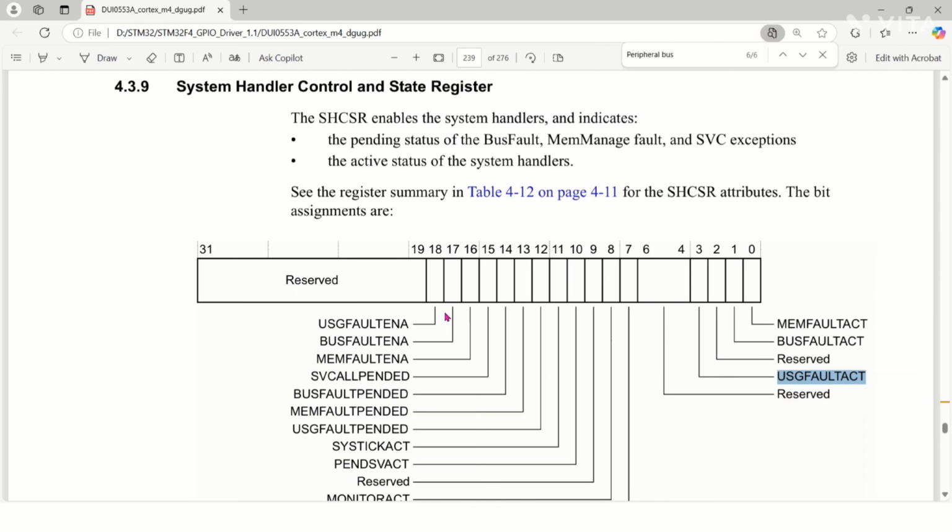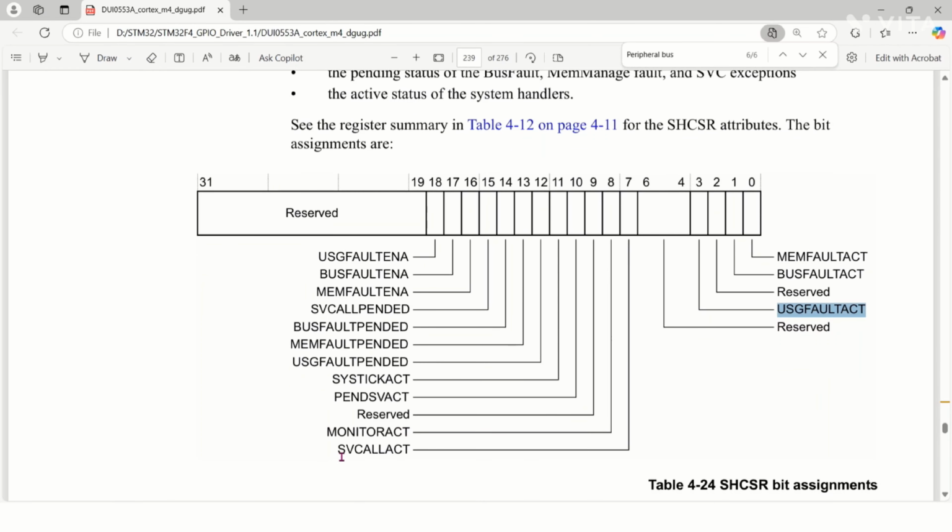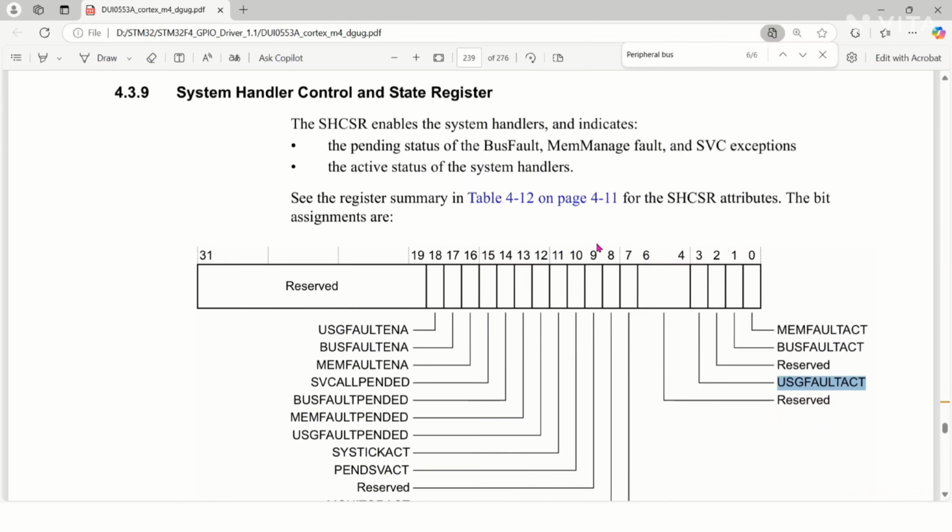And here 19 bits are used, and the remaining bits are reserved in the system handler control and status register. And by using these 19 bits, you can check the status of every fault. Okay, for every system level fault, there is a corresponding bit. If that bit is set, you can say that particular exception is active. And now see,